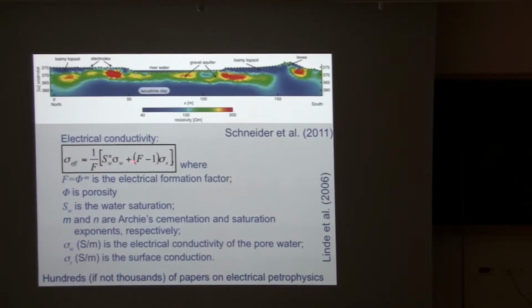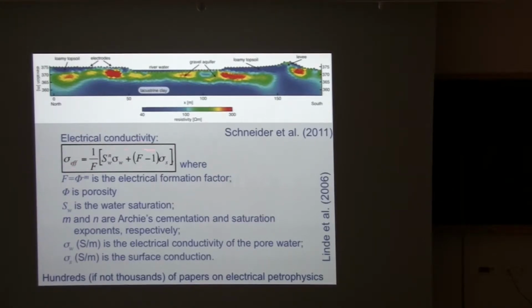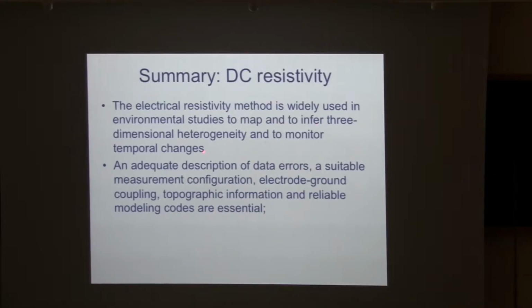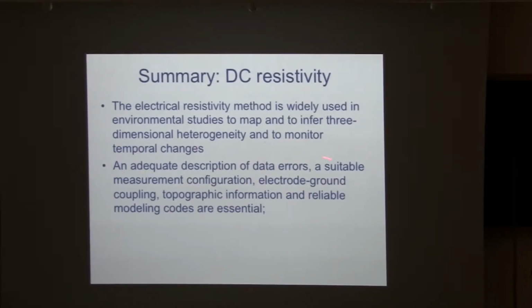So the problem here is, the nice thing, you're sensitive to many things of interest, but you're sensitive to all of it at once. So how do you solve this? Well, first of all, you use, for example, ERT, and you get these maps to say something about 3D heterogeneity, or you do monitoring to see changes in time. You need to know what you do in terms of data errors, measurement configuration. You need to have a contact between the electrodes that you inject in the ground and the ground. You need to have information about topography, and you need to have reliable codes that account, for example, for the